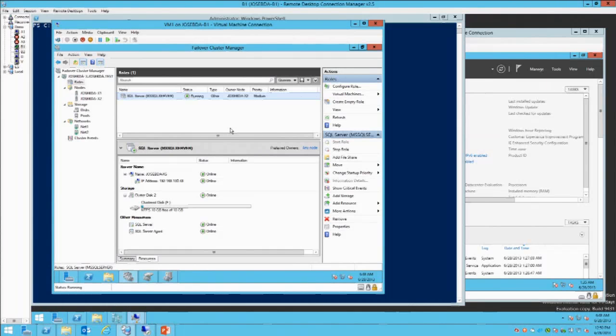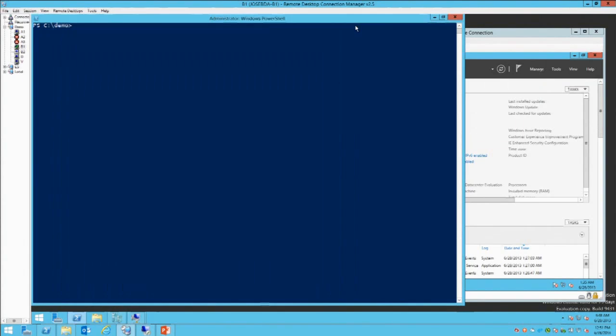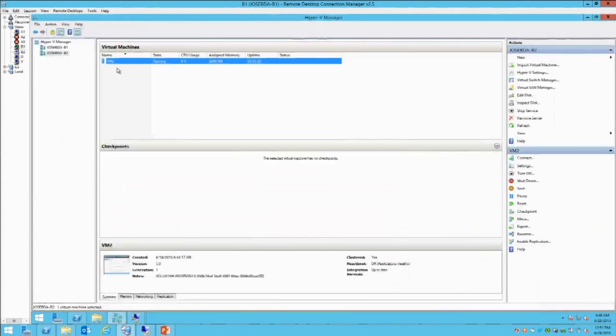Okay? Now, if you're running a scale-out file server inside the guest, or a traditional file server inside the guest, we can actually do it transparently. Now, go think about that a little bit. Okay. Now, let me show you a little bit of this from the host perspective. Because from the guest, it's not really exciting. It's the same failover cluster service that you know and love, right? Let's take a look at here from a Hyper-V